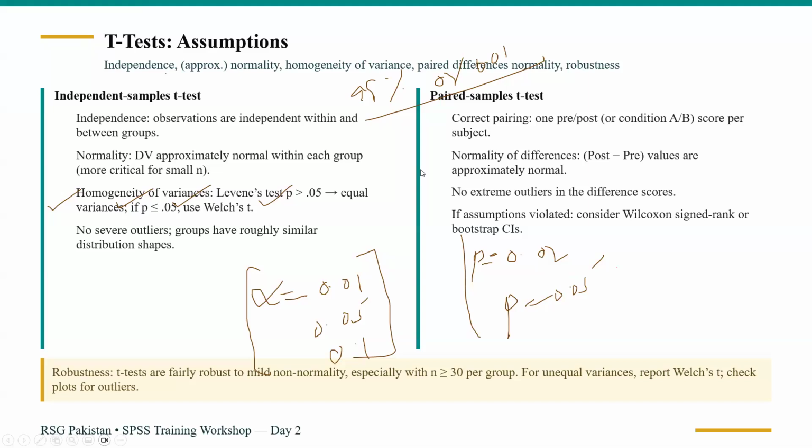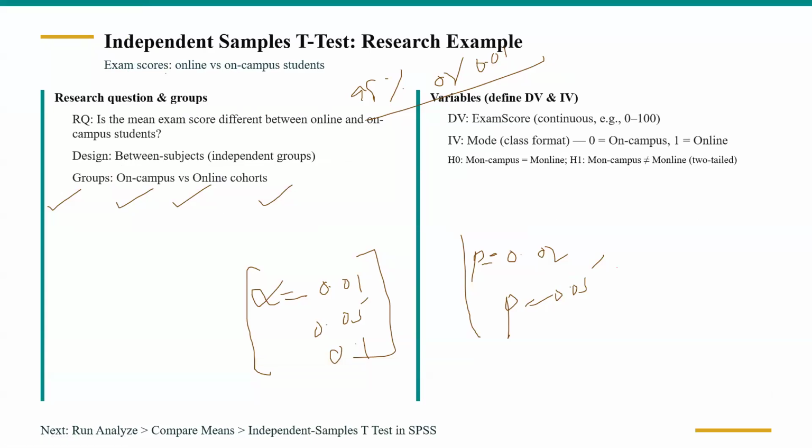You have the data set. There is a research question: is the mean exam score different between online and on-campus students? That is one of the research questions. They are comparing basically two groups. In the independent t-test, the parameter is one, but they are comparing two groups. Or we can say we are comparing the scores of one school or the scores